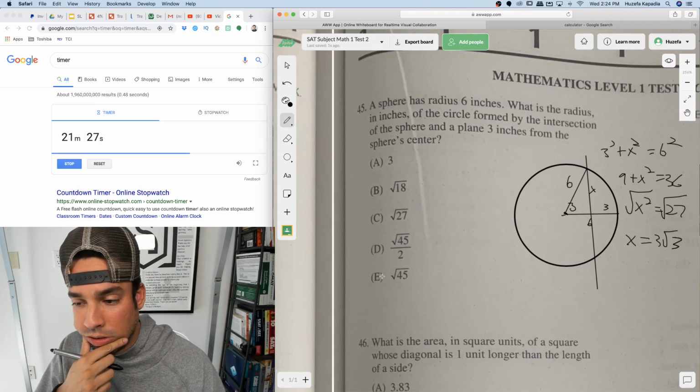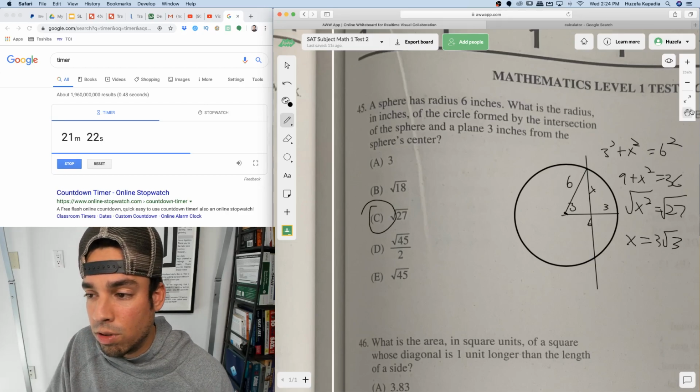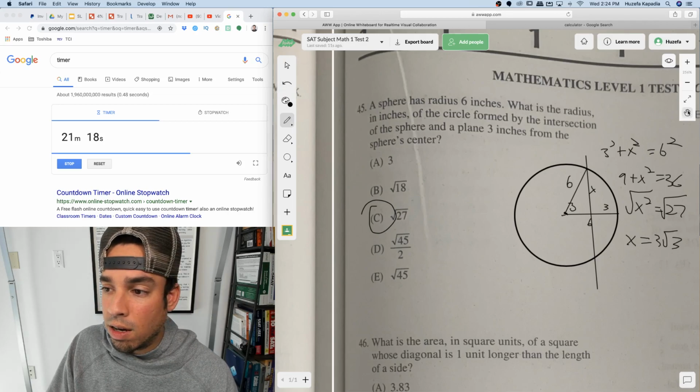What is the radius? Oh, square root of 27. Boom. They didn't reduce it. Yeah. Okay, next we've got